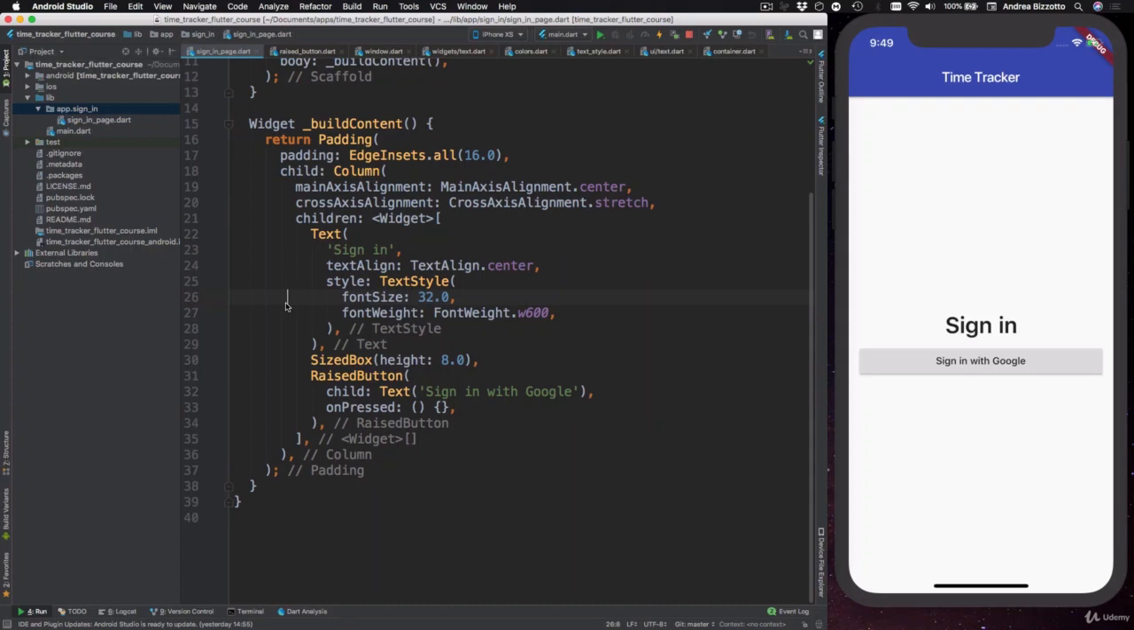We are now ready to get back to our sign-in page. What we want to do next is to style our button by customizing its background color and the text. This is quite simple to do, and it will give us the opportunity to talk about colors a little bit more in detail. So let's get back to our code, and we can change the background color of the raised